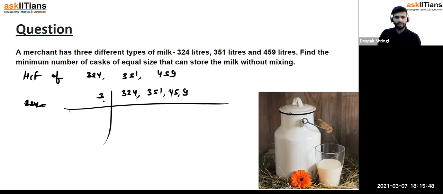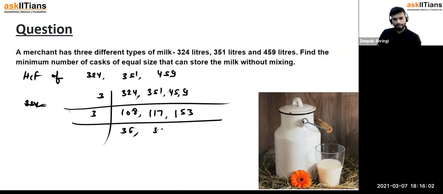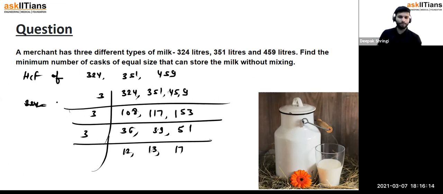Okay, divided by 3, so 108, okay, and 117 and 153, right? फिर divided by 3 करोगे, ओके, फिर divided by 3 हो रहा है. Nice, impressive. अब नहीं होगा, right? HCF आ गया 27. So basically अभी number of casks नहीं है, क्योंकि casks तो तब आएगा जब 324